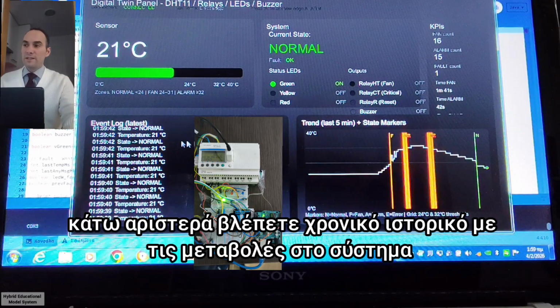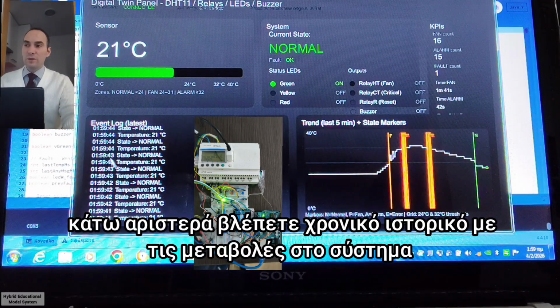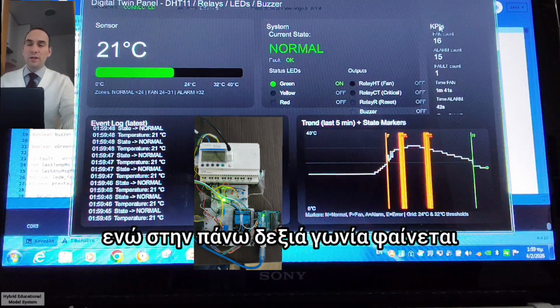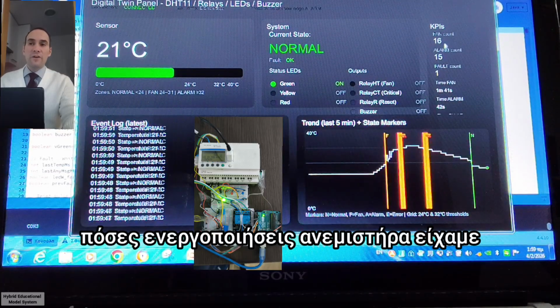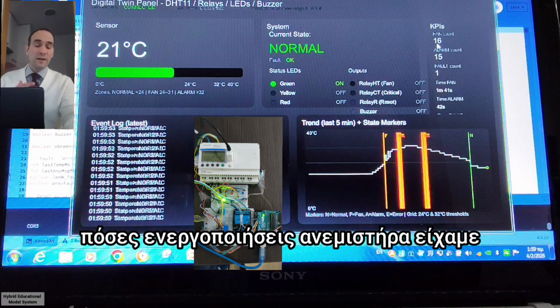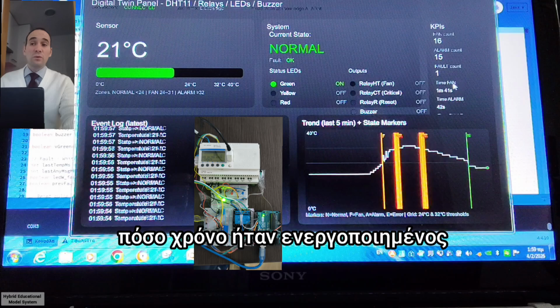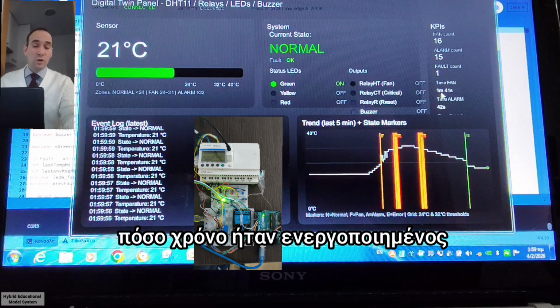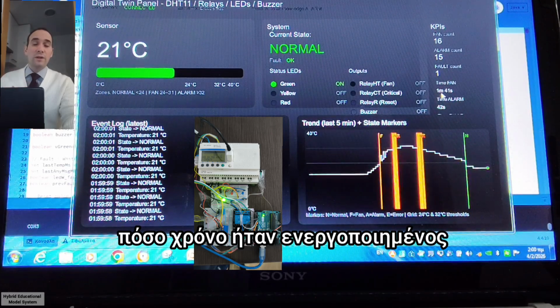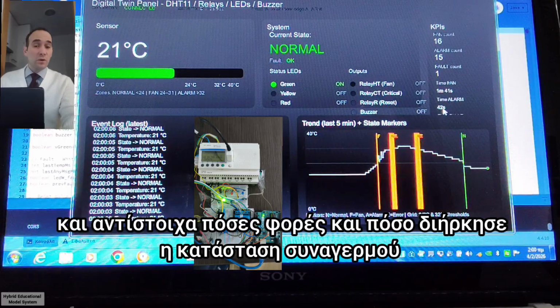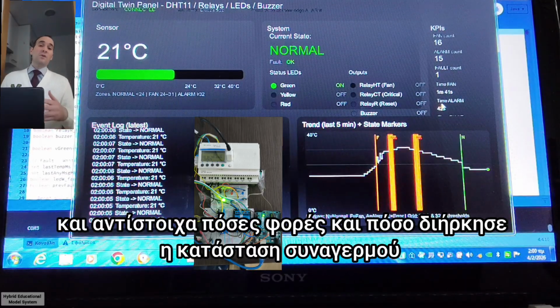So here is the time and the event, what is happening, and in the upper right corner you can see how many fan counts we had, how many times the fan motor activated, what was the time of the fan, so how many times the motor worked, how many seconds or minutes, depends, and if we had an alarm.